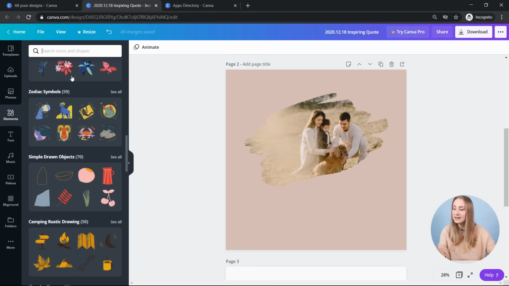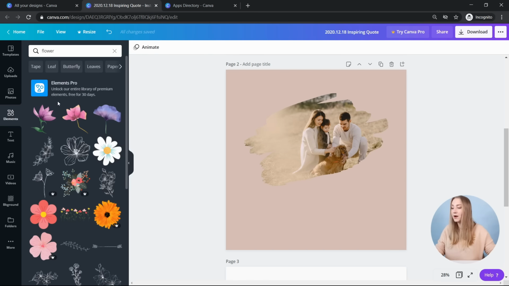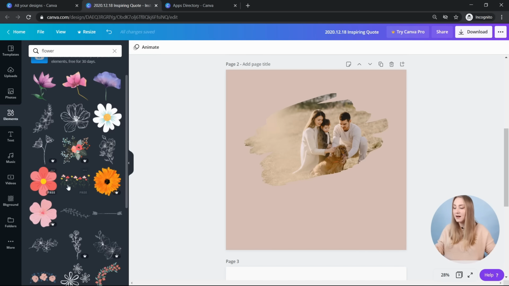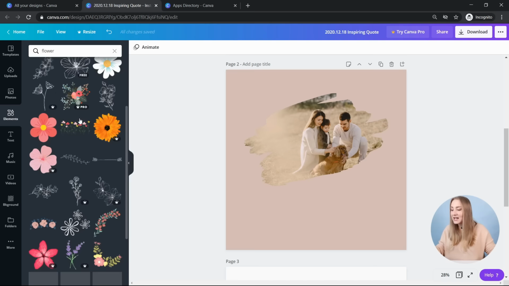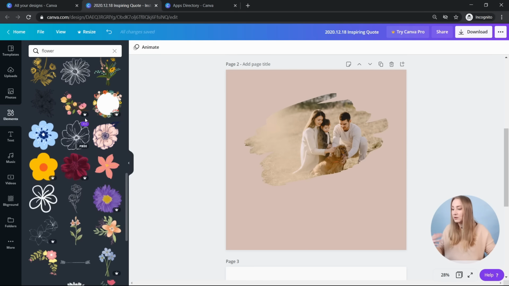And when you get back to the elements, you can obviously search for specific icons or shapes. So if you're looking for a flower, let's say, you can just type in a flower. You'll have a variety: you see the watercolor ones, different graphic elements, different illustrations, sketchy ones, or something that looks a bit more like an icon.